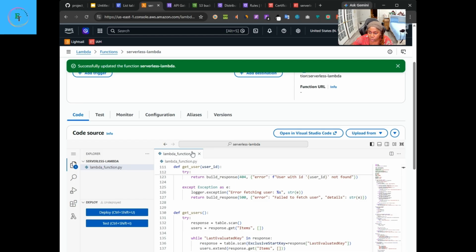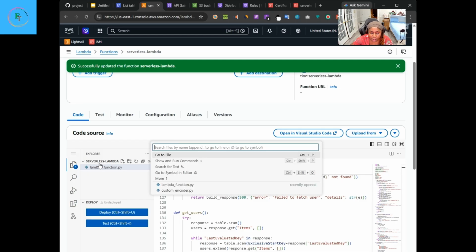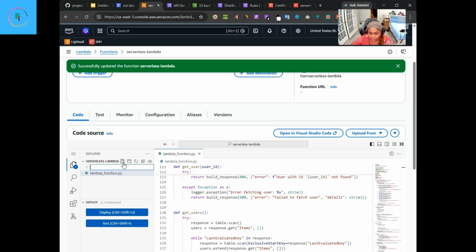We are going to go back to Lambda here where we have the serverless Lambda. We want to add another file. So we click on create another file, and this file that we want to create, we want to name this. Let's go back to